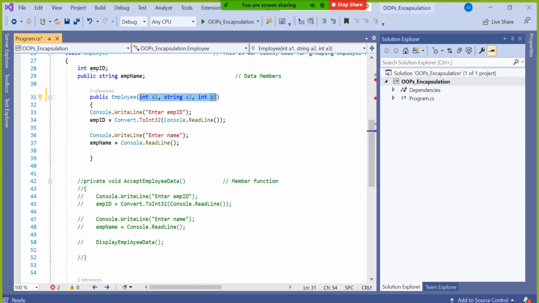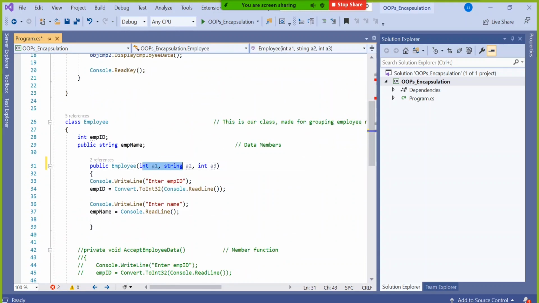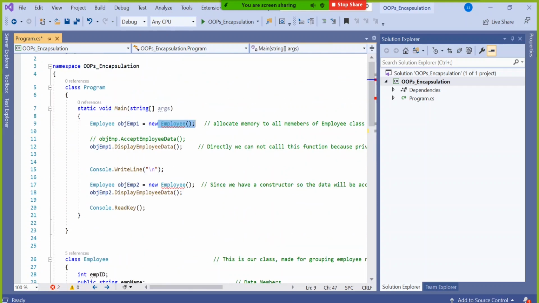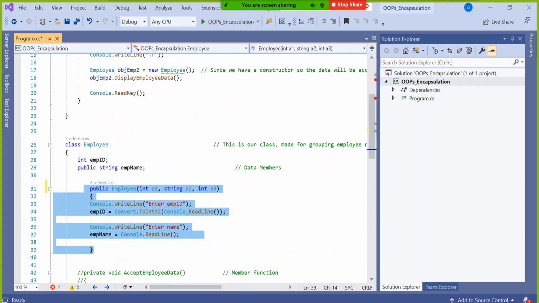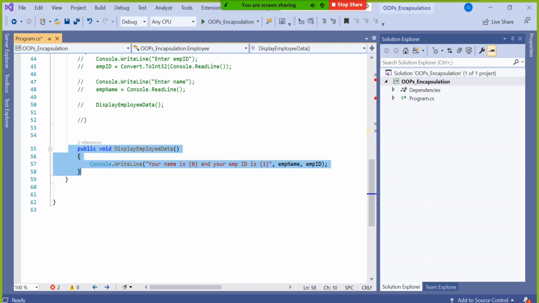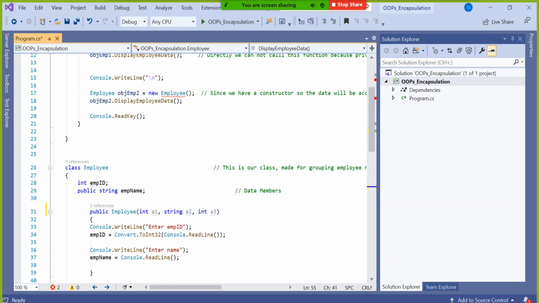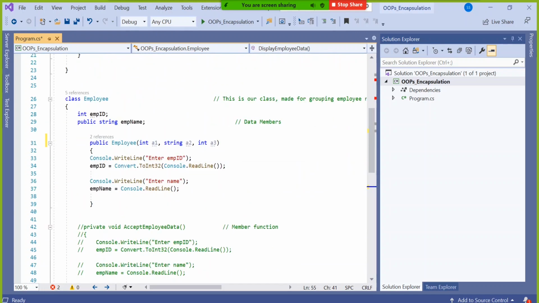So when exactly do we need these parameters? If we want to send something from main. Can you see the red underline here? It is saying your constructor has some parameter, but we are not passing it here. If you want to pass something from main to this constructor, because it's like a function, and if a function can have parameters like integer x, then why not my constructor? So sometimes we may supply some input parameter to a constructor also. If that is the case, then you need to define a separate constructor.